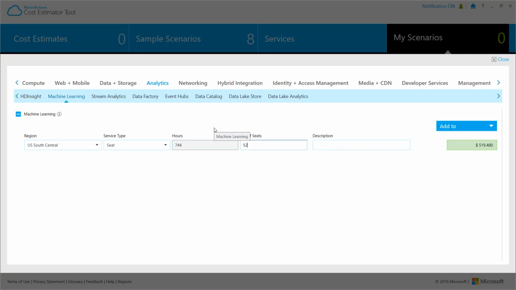Machine learning, let's say we've got 52 seats. Machine learning project. We can also choose whether we do Studio or API access. Let's flip through and see what the price difference looks like. Studio is $744, APIs $1488.